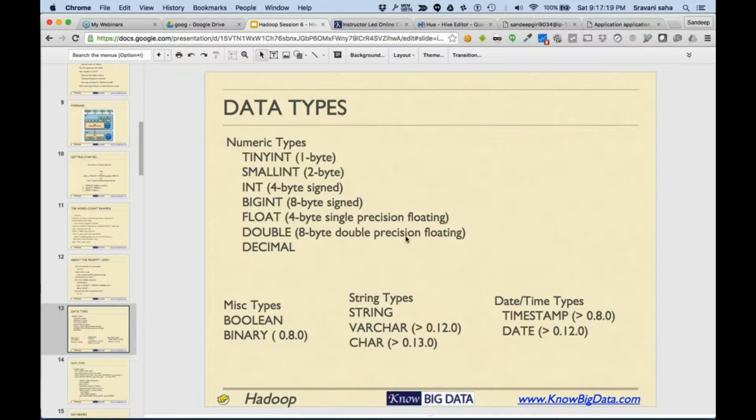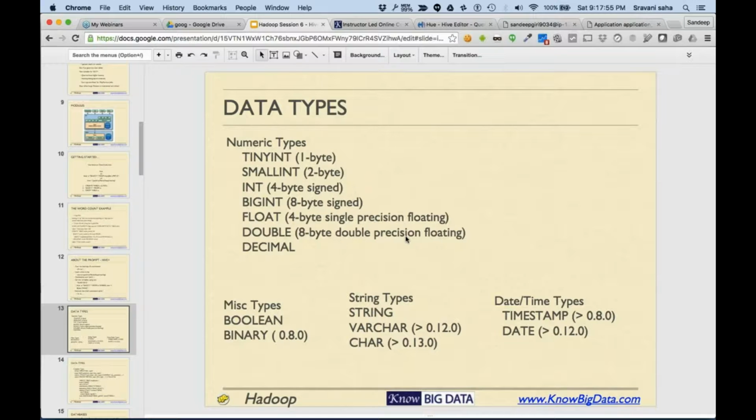All right. Now the data types. The most important thing you need to know about data types in Hive is that, first of all, most of these data types would look like a mishmash of all kinds of databases. So the overall objective of Hive was to make all the people who are into SQL happy, so that they can happily start using Hadoop for their work.